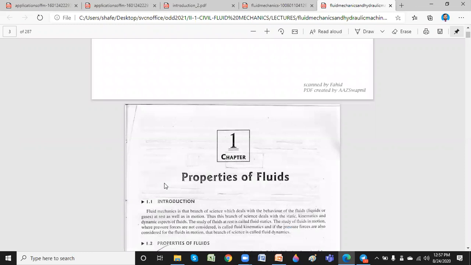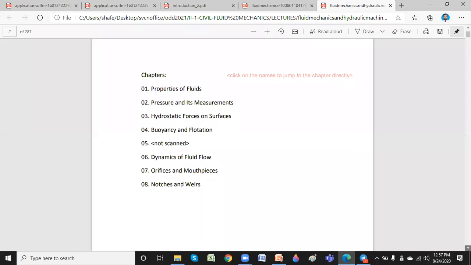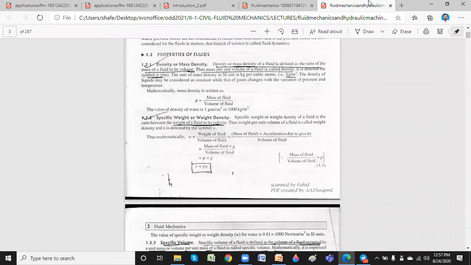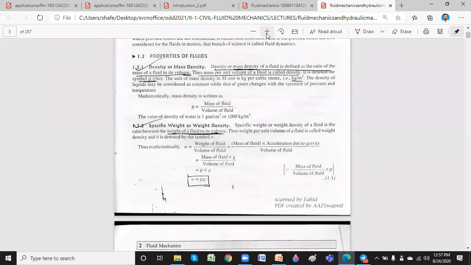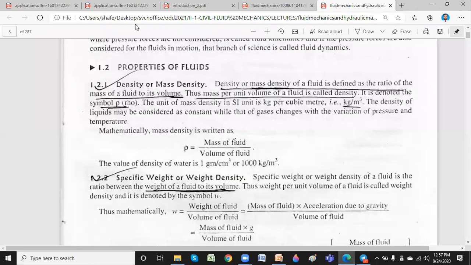So this is basically one of the very important properties. I'll send it to you, and it's available right now. I'll just increase it a little bit. Now all of you should be able to see this. Okay, so this is the first property we are going to see. There are different properties of fluids, right? So now we see